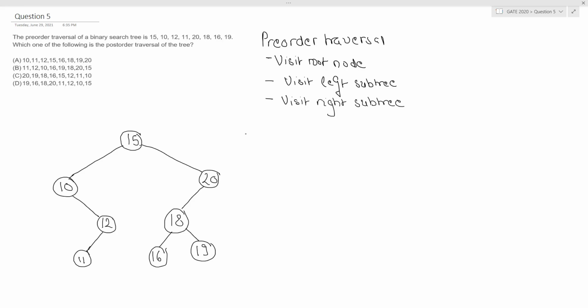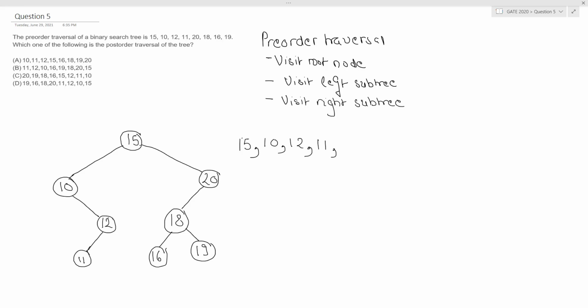We can also verify our answer by taking a pre-ordered traversal and checking if we get the answer given in the question. So if you take a pre-ordered traversal, we first visit the root, then we visit the left subtree. Then since the left subtree recursively will visit, we'll again visit the root node. It does not have a right subtree, it does not have a left subtree. So we go to the right subtree and recursively we visit the root of the right subtree, visit 12. Then we visit the left subtree, it does not have a right subtree.